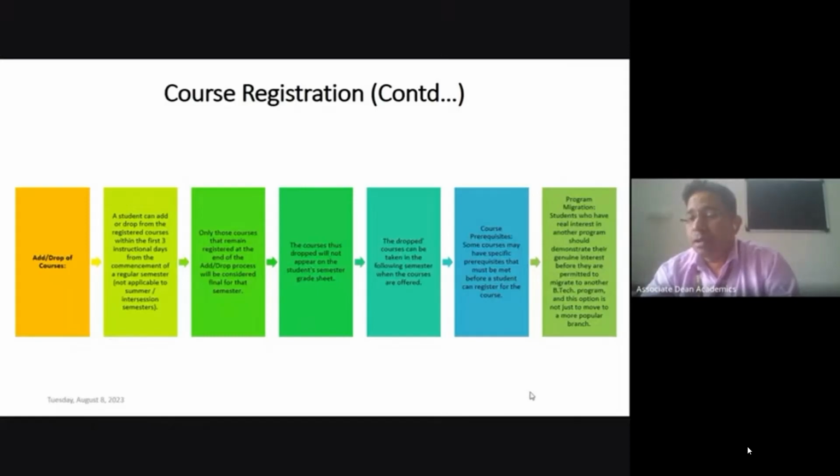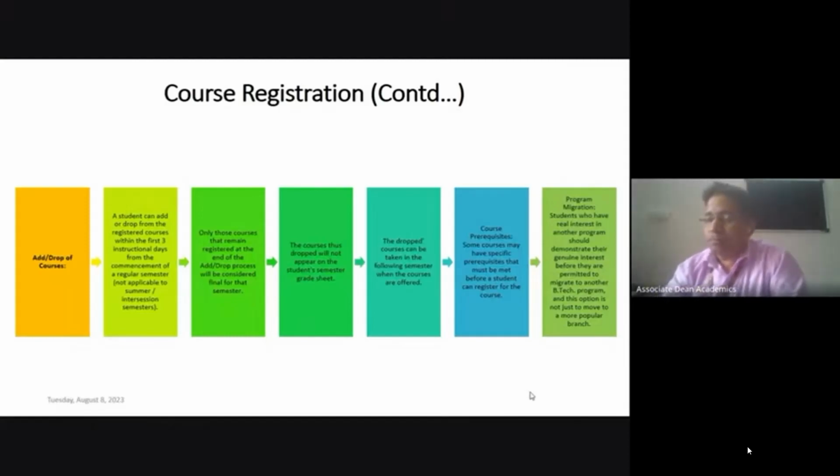And along with this, you have to register one or two additional courses which are relevant to the program to which you want to migrate. Suppose you want to migrate from core CSE to CSE with AI ML specialization. We will ask you to register two additional program core courses of AI ML specialization, along with your regular courses in the second semester. Suppose regularly you study 5 courses in the second semester; we will ask you to register two additional courses. That means you have to study 7 courses in the second semester, because those two courses are offered additionally, specifically for AI ML purpose.